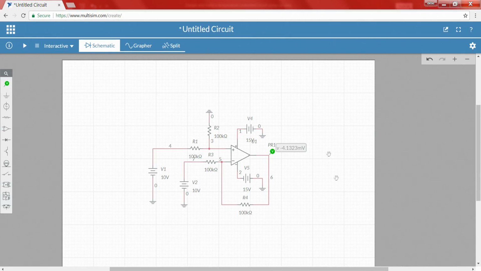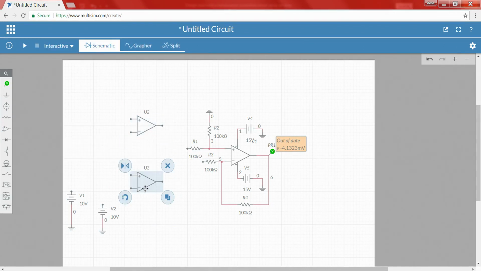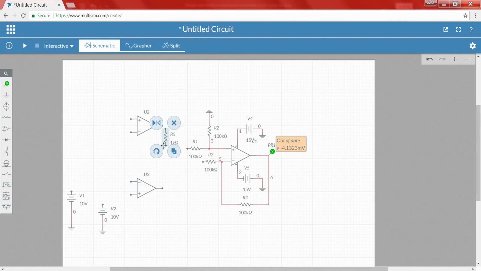Now, to the same circuit I will add a few more op amps. Let me keep this aside. I will take simply 3 terminal op amps, it is more than enough. I have to choose different resistors, one here, one more here and one more here.